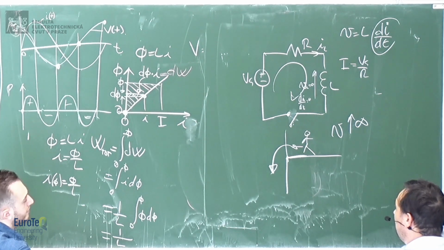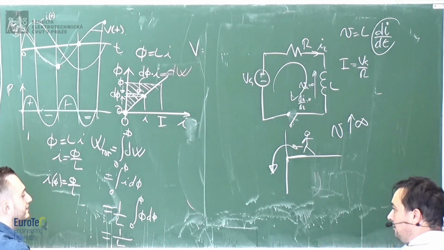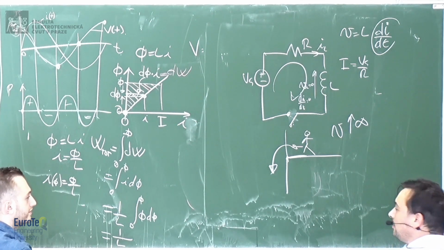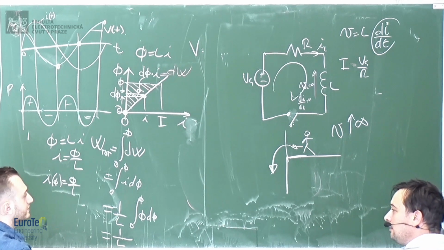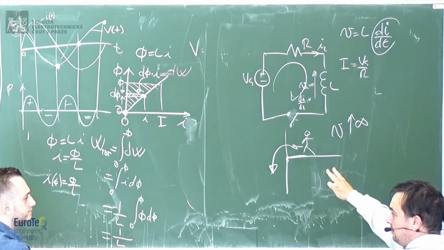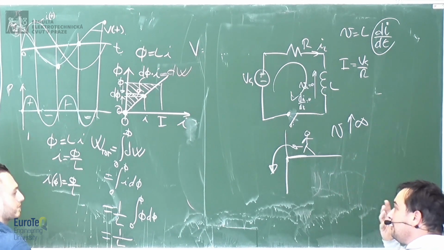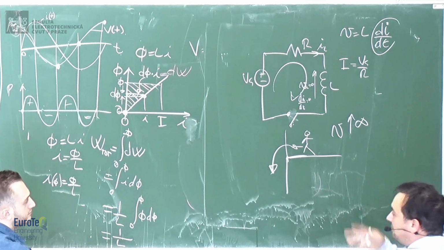So it won't be infinite voltage. The voltage will be limited by the amount of energy in the inductor. So if you plot the voltage that you will see across the inductor, okay, let's make maybe the plots of current and voltage. Now, this was just to show the idea that you have some energy